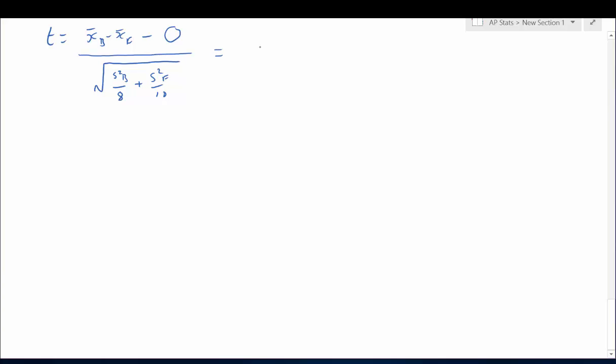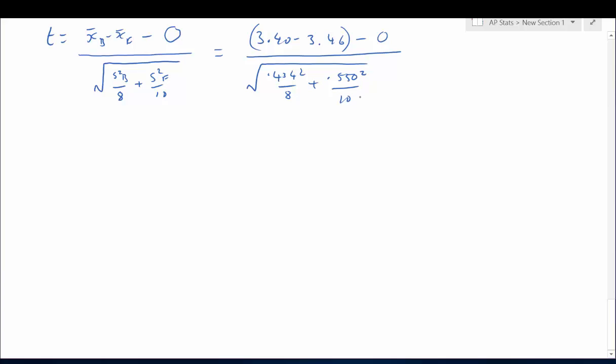So we end up with 3.40 minus 3.46 minus 0 divided by the square root of 0.434 squared over 8 plus 0.550 squared over 10, and this gives us an answer of minus